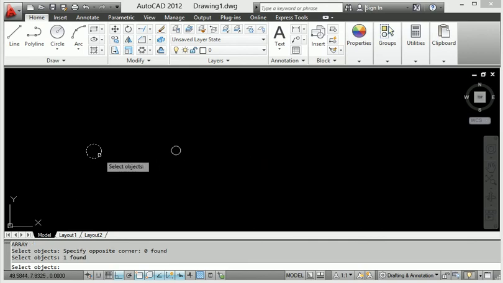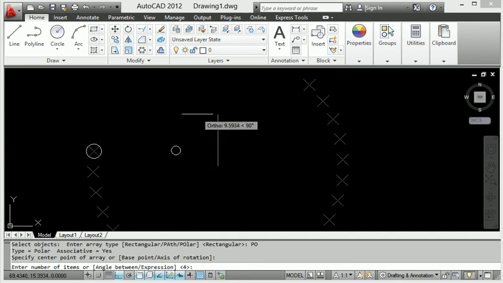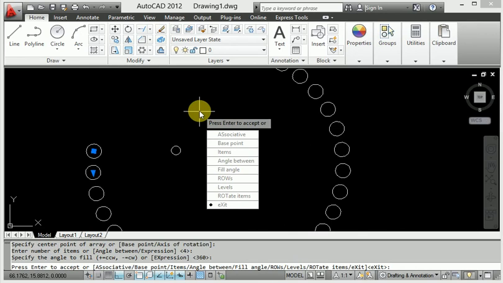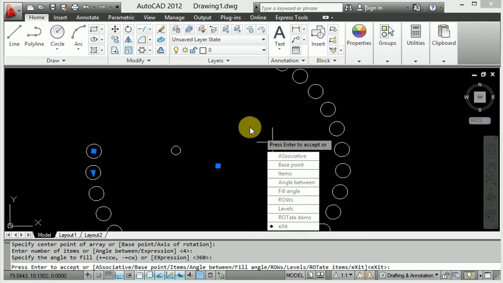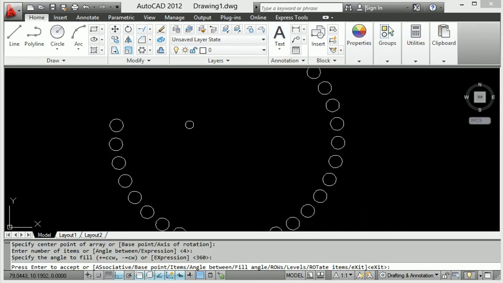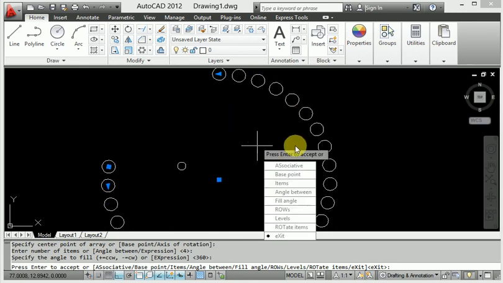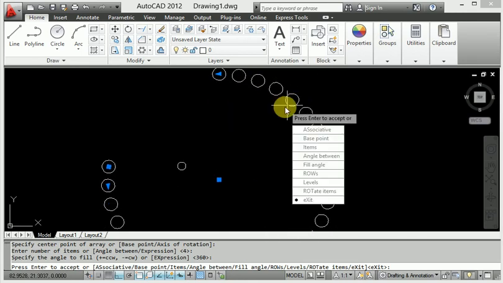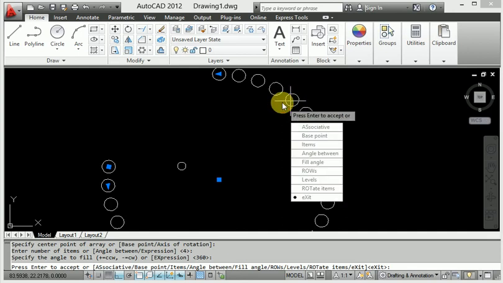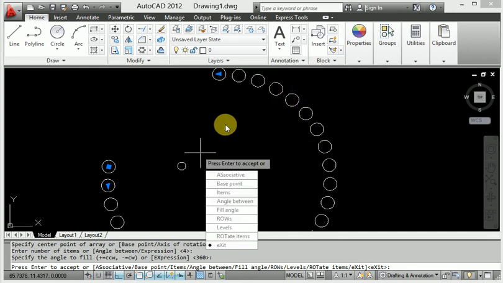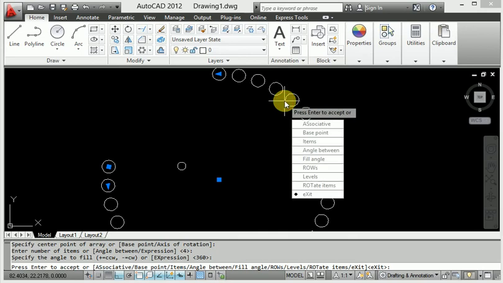Right click and ask, I want to go to polar and click the number of circles here, and look at this, it is not the 360 degrees, but it is going to a particular angle. So then I will click the circle here.